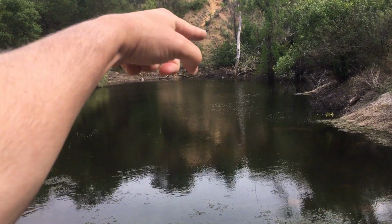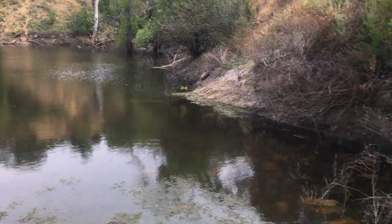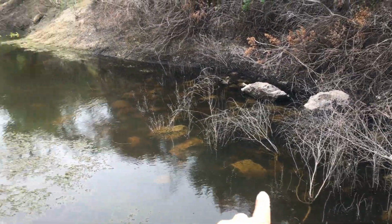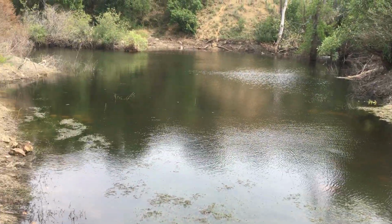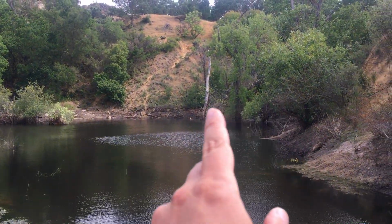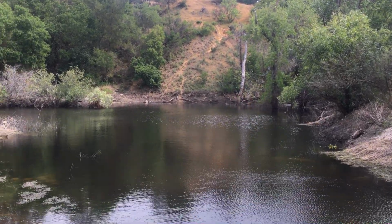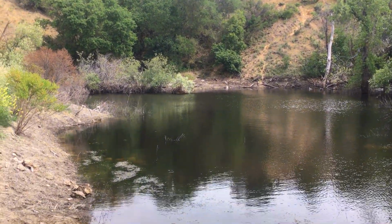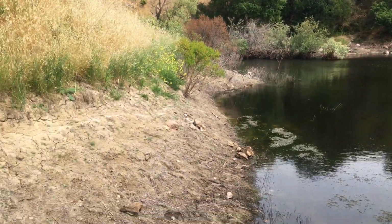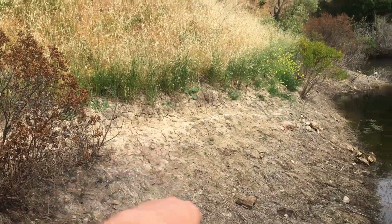The smaller labyrinth is right about here. It's underwater right now. I'm going to go up on that ridge right up there, and I'm going to look down and see if some of these rocks are starting to show through. I wasn't able to see them before, but maybe I can see the small labyrinth now. There's a colony of carpenter bees that live inside this dead tree right here, and we can't get to them right now. The water line got up as high as here. You can see that was during the